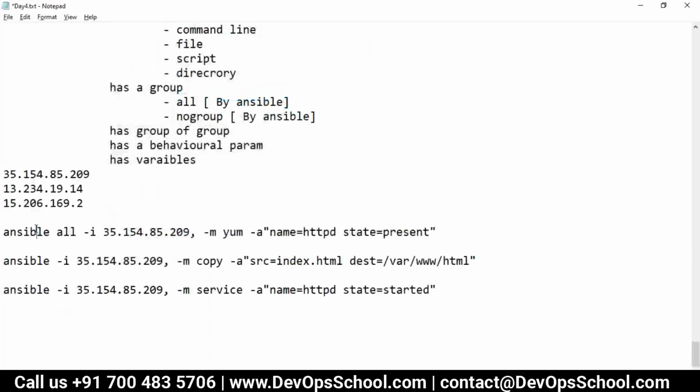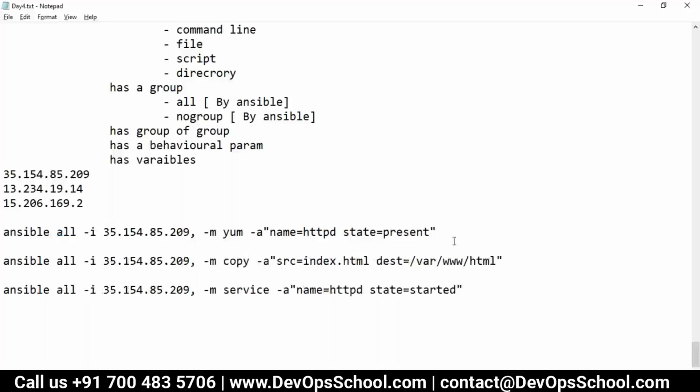So what am I saying here? Ansible, run what? This module, with what argument? These arguments. On which machines? All. Of what? Of this list. Are you getting the logic here? Understand that all are included. So here I did it, and now it's done.